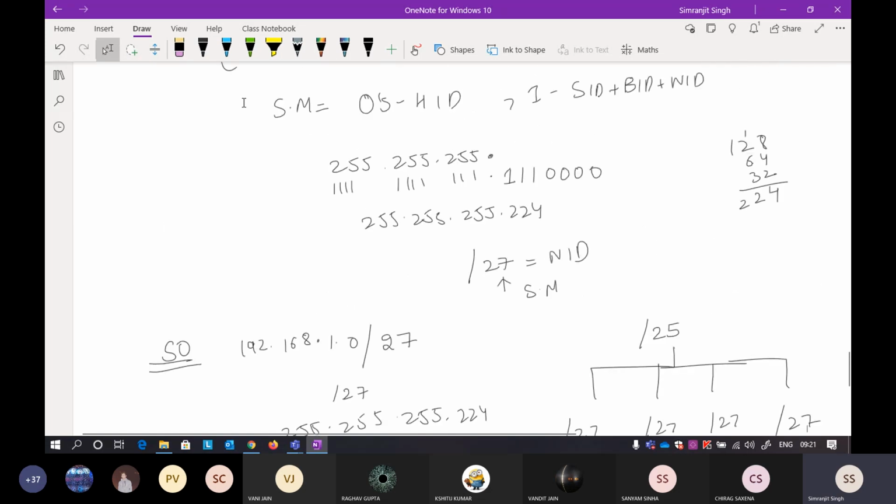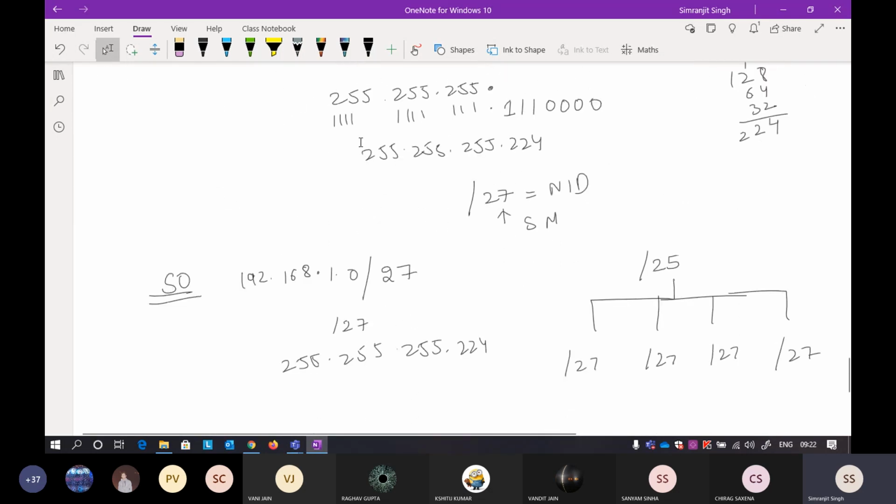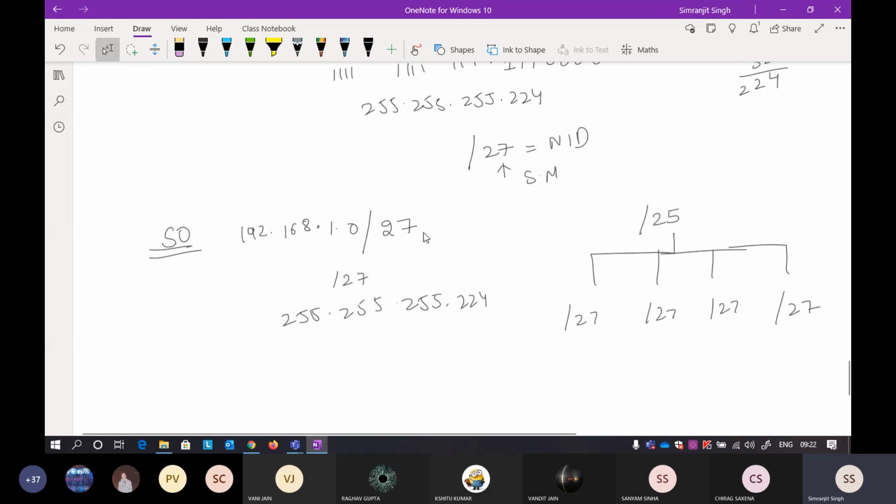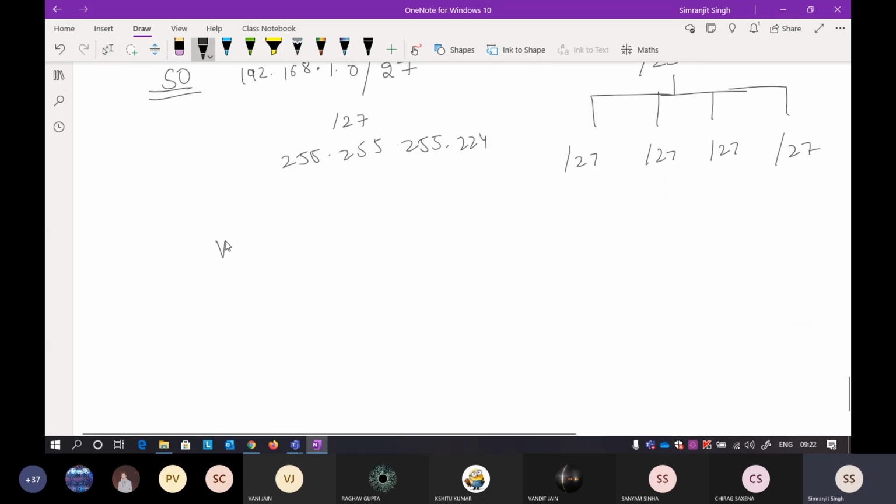I am doing everything the very same way that we have already done. The only difference is that we are doing everything now in a CIDR block rather than using any classful addressing. This is all classless addressing. You only need this particular part to identify the network ID part. From the network ID part, you will get the host ID. From the host ID, you will be able to divide the network into subnets. Again, a similar approach is also used in VLSM, that is variable length subnet masking. You can go ahead and perform this one.